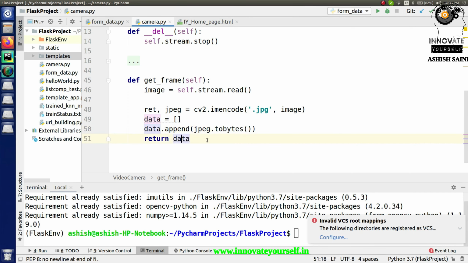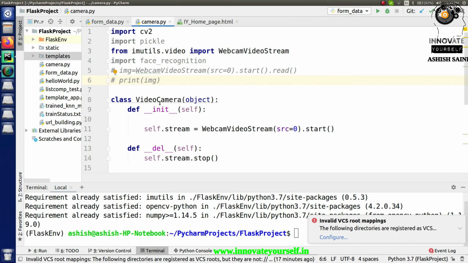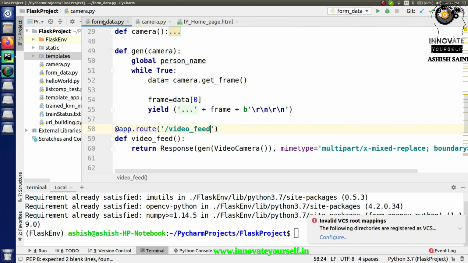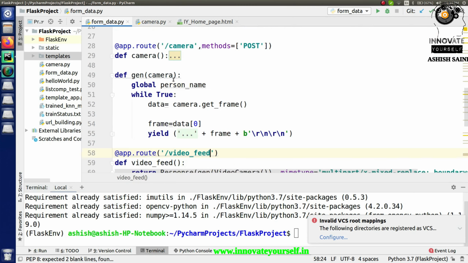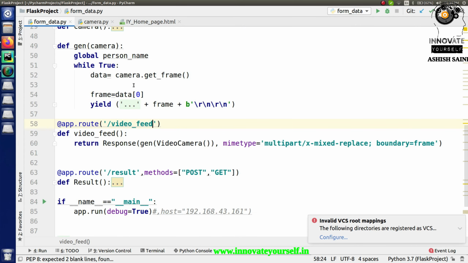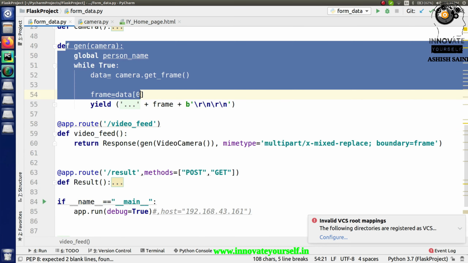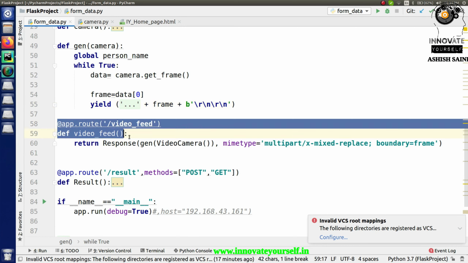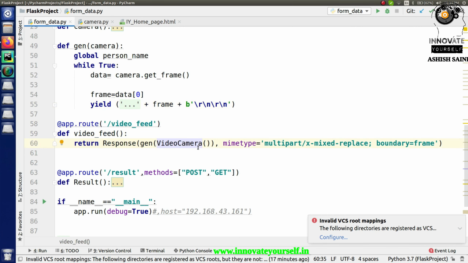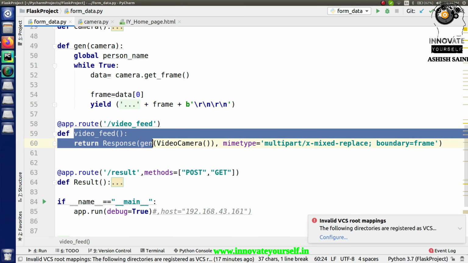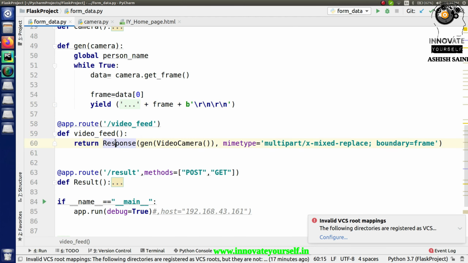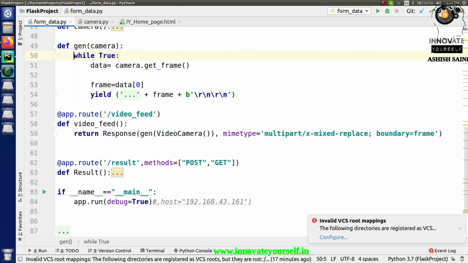Now when you have this complete script ready with you, it's time to call this class into the main script, or let's say into the main web application which I have over here, right? So in here what I have to do is call two functions, one is a function and the second one is a function with a decorator, that is this routing part, right? So this is what exactly I will do. In here I have to get the response, and to get that response I am collecting it from this function, and that function is this one, in which I'm actually, oh, you can remove this part, it's not required, right?